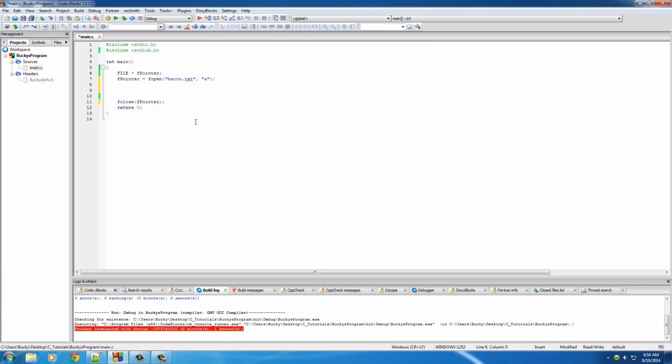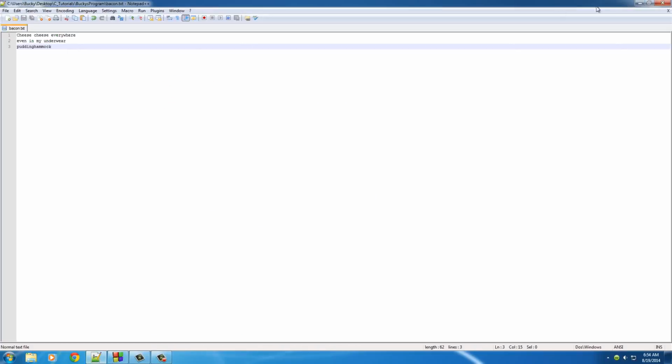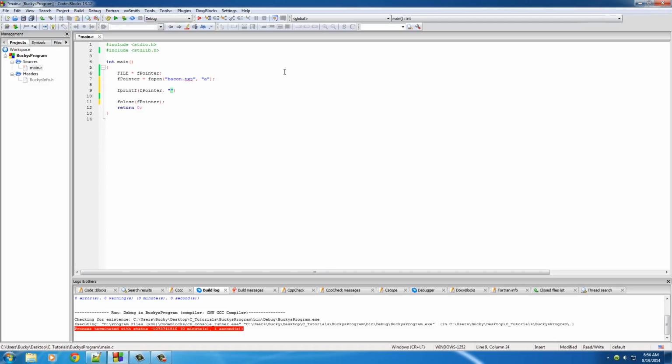Now to print stuff out, fprintf, which pretty much means file, print to it, and it takes two parameters. The first one is the file pointer, and the second one is what text you want to print. Well, remember, my file pointer is on line 3 at the end of it, and I want to kick it on to a new line, and then I'm just going to put